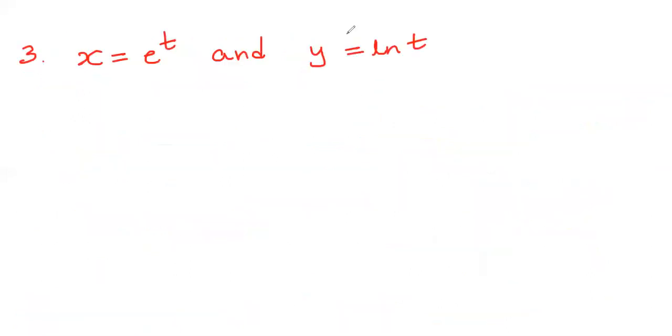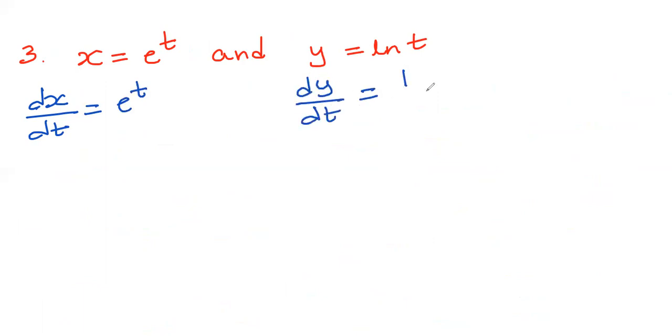Right. So we have question 3. We have to do the second derivative for this parametric equation. So we have dx over dt equal to e power t. Here we have dy over dt will be equal to 1 over t, because log of t is 1 over t when you differentiate. Next, let us do dy over dx, which will be equal to dy over dt